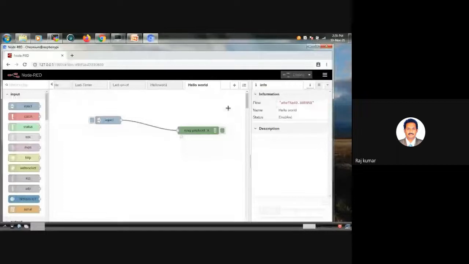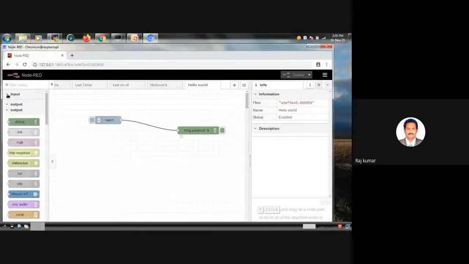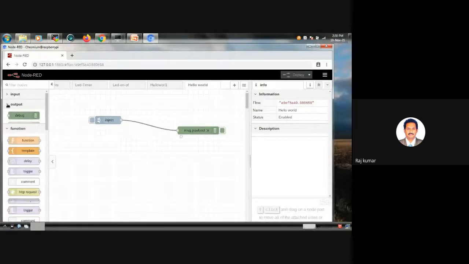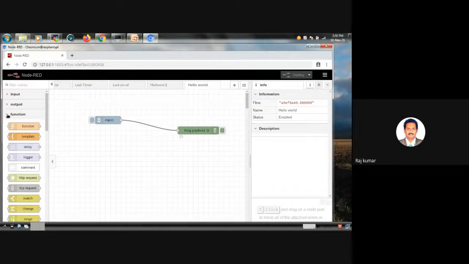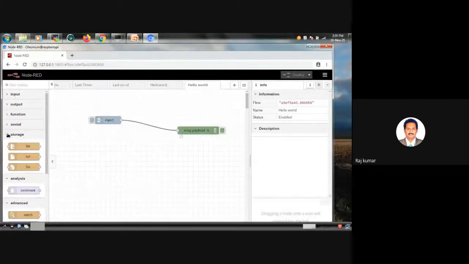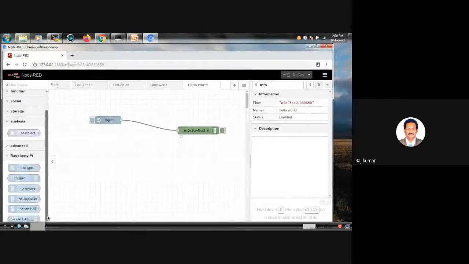Only a few of the nodes will be used, not each and every node. I will describe the purpose of each node. Here you can see the nodes related to Raspberry Pi.